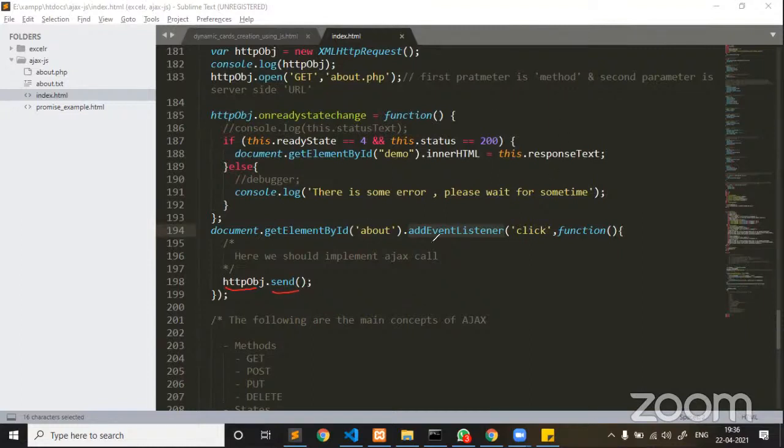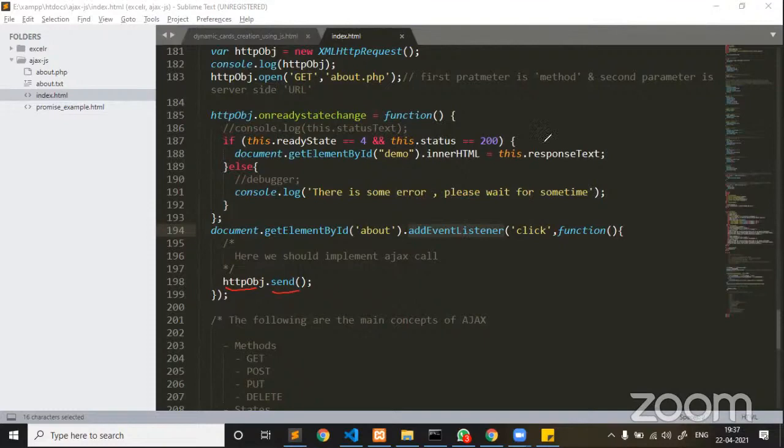So in place of click, if you want to attach double click, key press, key up, key down, right click, left click, mouse over, mouse enter, or any event which is there in JavaScript, you can attach it to an element in the same way, guys. Okay.